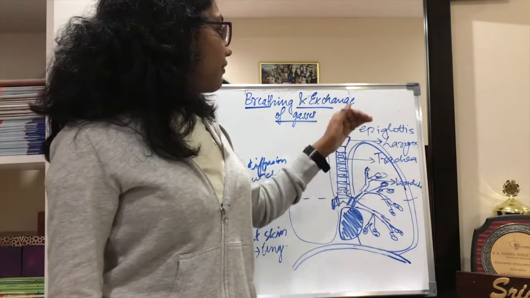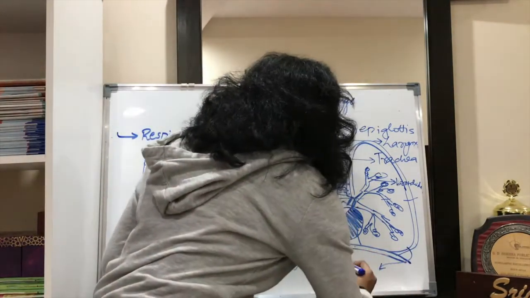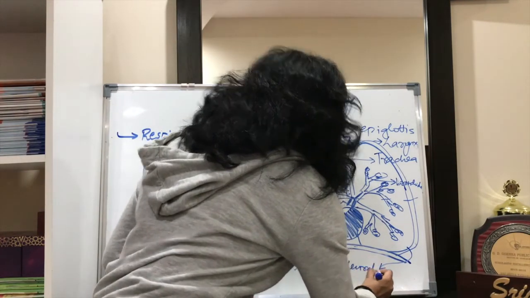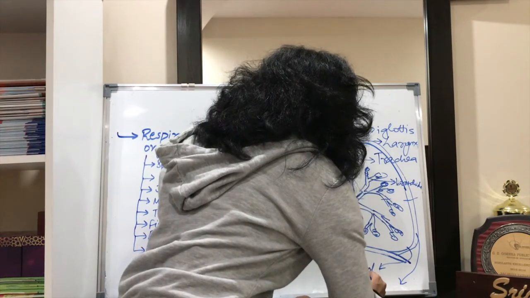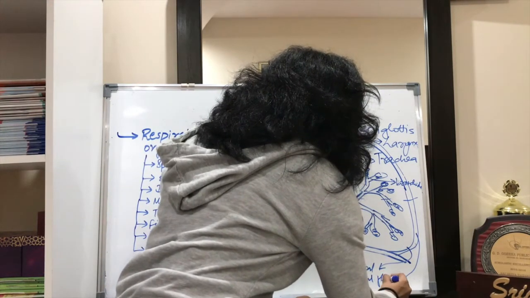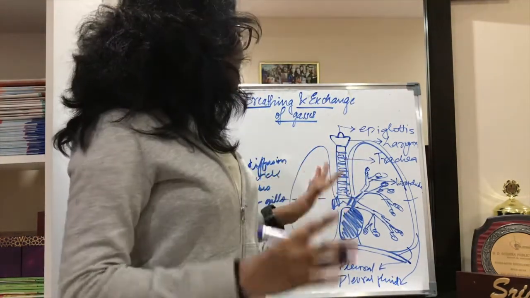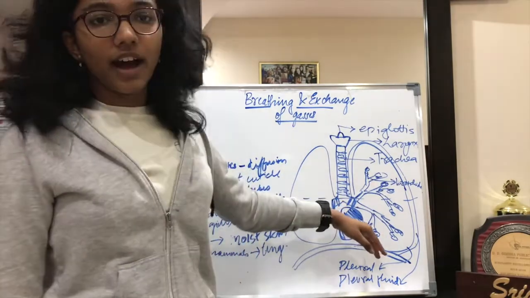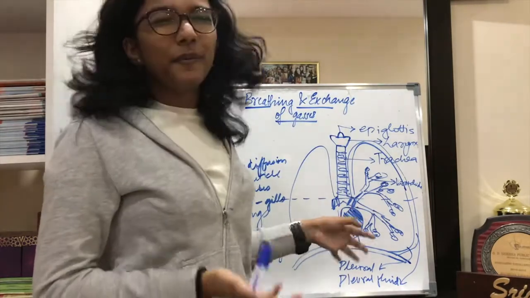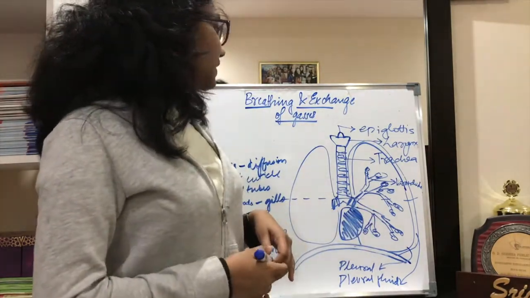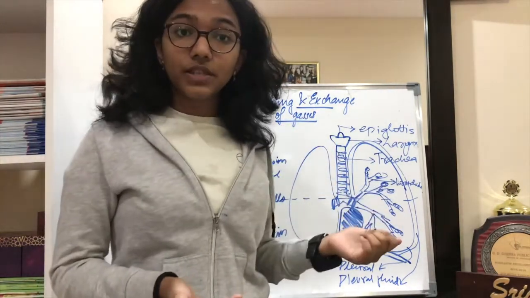Now let's talk about the lungs in general. The lungs are covered by two membranes known as the pleural membrane. Between these two membranes there is pleural fluid. They help in shock absorption and they keep the lungs intact. Also you can notice the heart, which is almost towards the left lung, so that's why we say the heart is a bit left, but it's mostly towards the middle. So this is the basic structure of the respiratory system in humans.